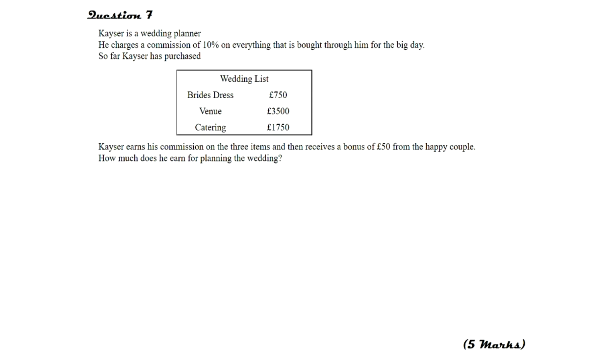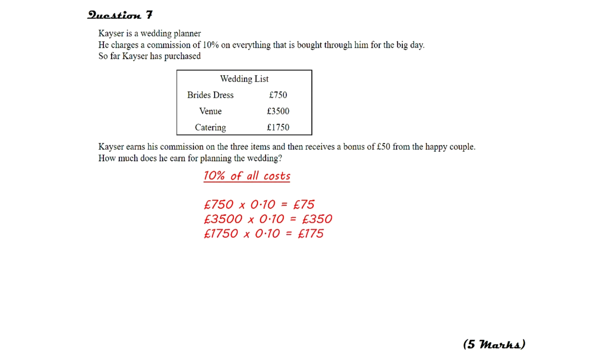So this is a bit wordy and you need to get to grips with what's going on here. First of all, Kaiser is the wedding planner, so he buys the things and his cut is 10% on top of that price. So if we work out the 10% of all of the costs so far, I can see that for the bride's dress he makes £75, and for the venue he makes £350, and for the catering he makes £175. Now if you total all of those up, that's £600, but you have to be careful